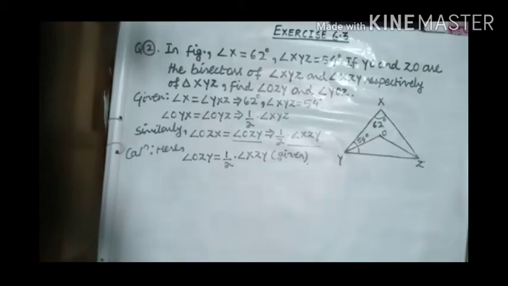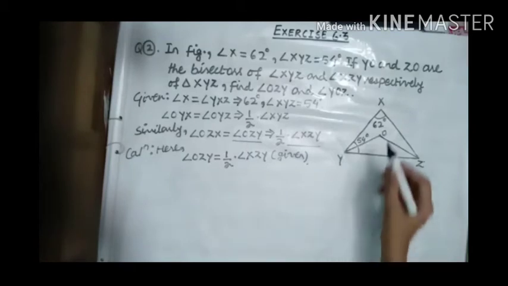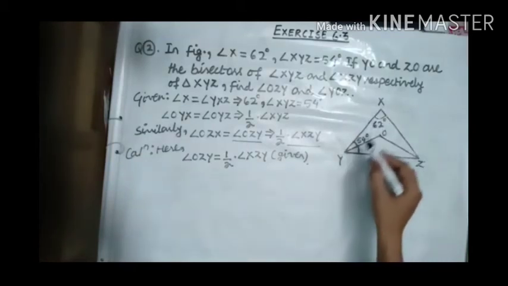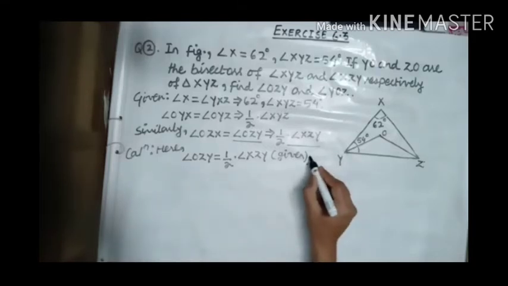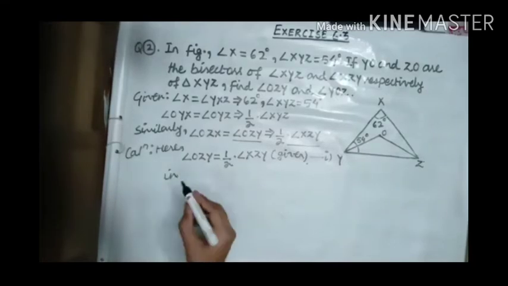Now from this relation, the value of angle OZY is calculated if the value of angle XZY is known. So in order to find the value of angle XZY, we observe the triangle XYZ in which two of three angles are known, so that the third unknown angle XZY could be calculated using angle sum property. So let this be equation first, and in triangle